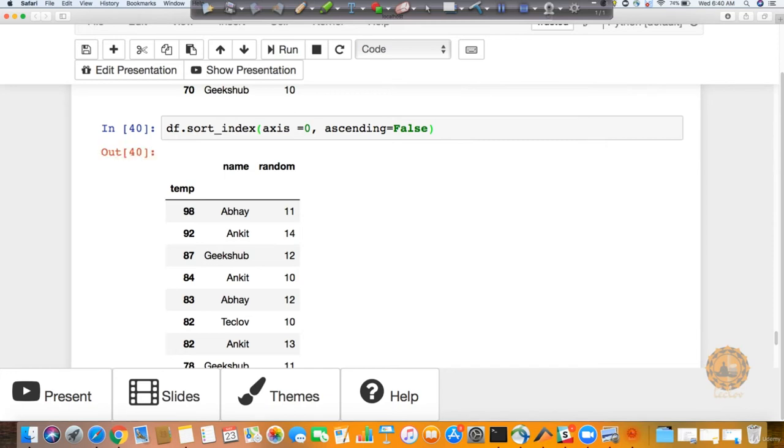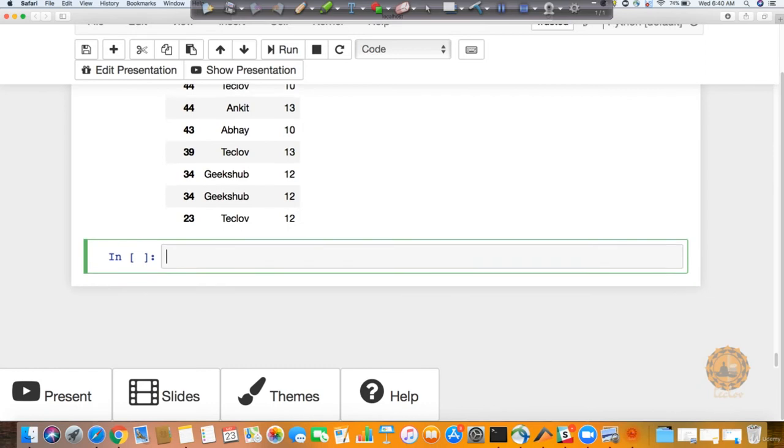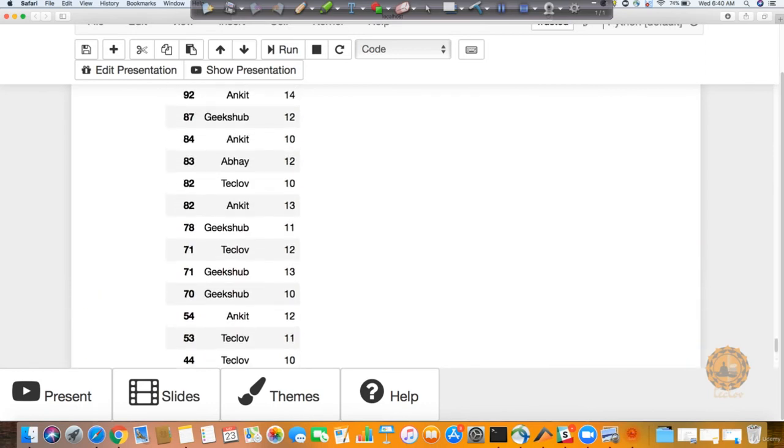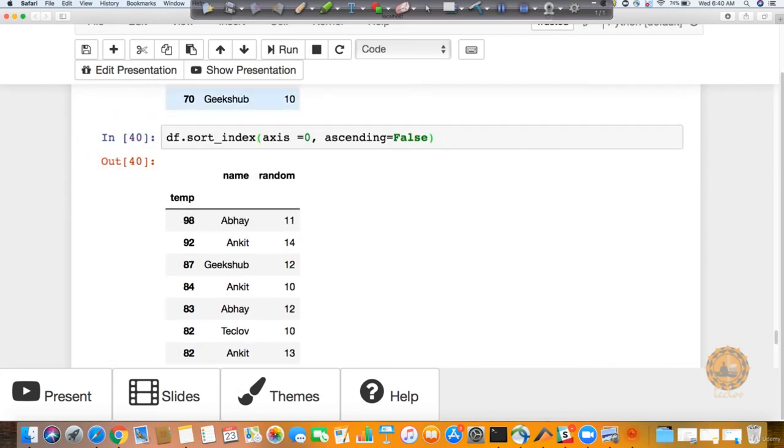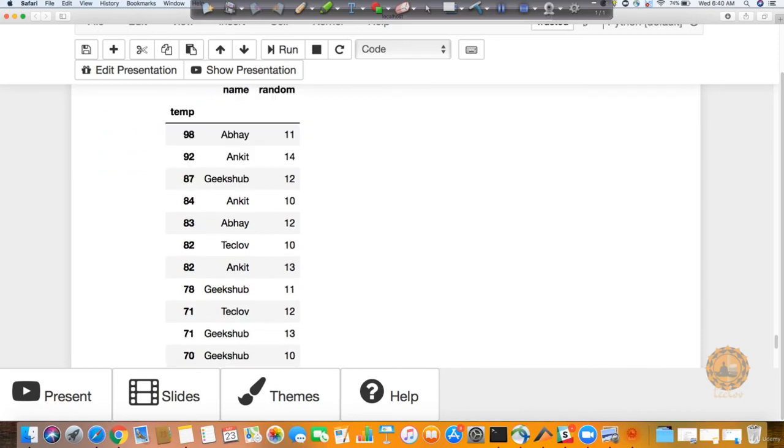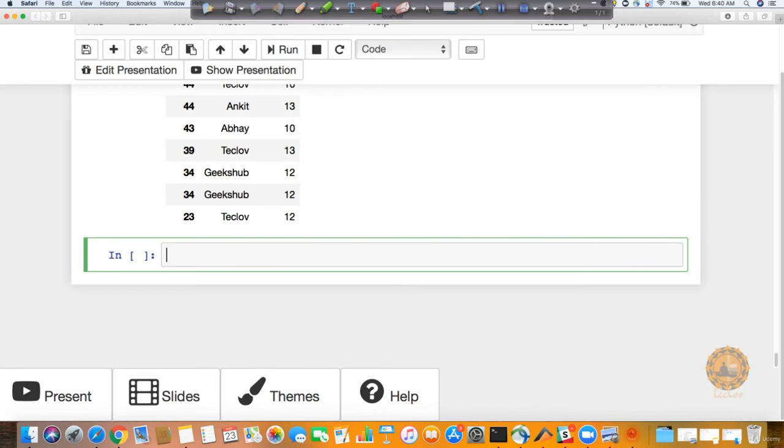Now one more interesting thing I want you to note here is, right now I have sorted the values with respect to the index. But let's say I want to sort the values on the random column, which is the last one, and basically with respect to the values I want to do this sorting. So not with respect to index, but with respect to a column. The way you can do that is df.sort_values. This is the function name to do that.